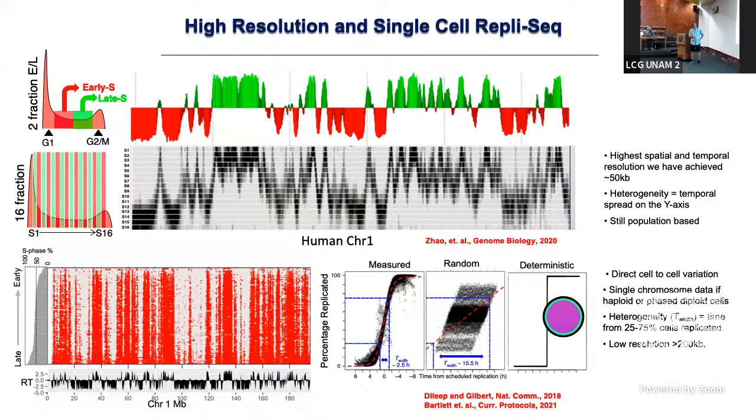So now keep in mind, as I told the students yesterday, that single cell data, I don't care what kind of data it is, unless it's in haploid yeast or haploid cells, it's an average of 2, okay? So single cell data is not single event data. But you can make it single event data if you use haploid cells. There is one human cell line that's haploid that we're allowed to work with, because the other one is made by parthenogenetic activation of human oocytes, which is not allowed in the US for NIH-funded labs. So there's only one cell line left, okay?